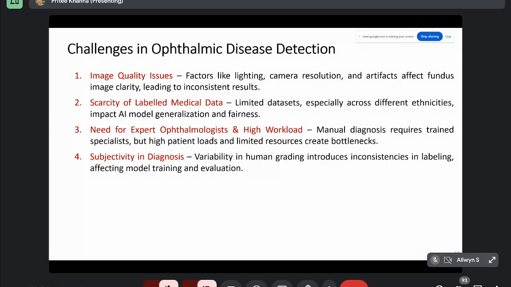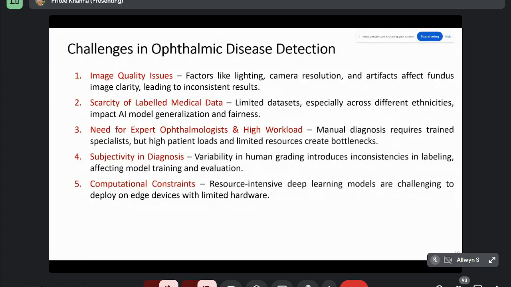And if we are using that to train our model, then of course it is going to affect our model performance. Then there are computational constraints, because deep learning models are resource intensive, and it is very challenging to deploy these models on edge devices with limited hardware. For example, nowadays we want everything to get done with our mobile. I was giving you the example of precision agriculture. Now here also, in one of the applications, we are working on another modality, for dentists,